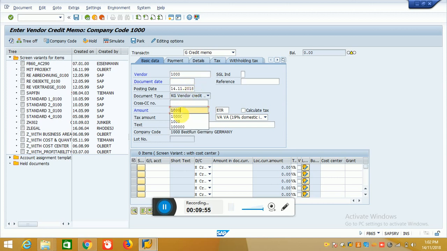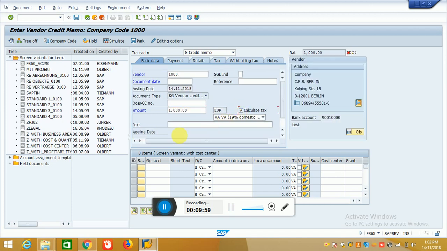Now we would save the document. So document 284 was posted in company code 1000. So we have successfully posted the purchase return document in SAP.